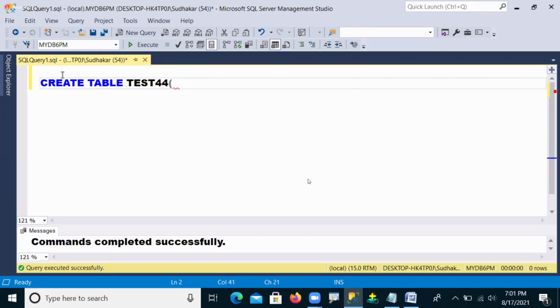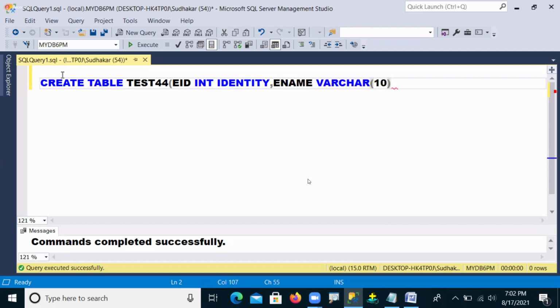Suppose I'm giving here EID, employee ID. It's an integer type, and there I applied identity. Suppose I just leave identity, I'm not giving any seed value or increment value. I'm just applying identity. After that, I want to give here the name, and it's a varchar.